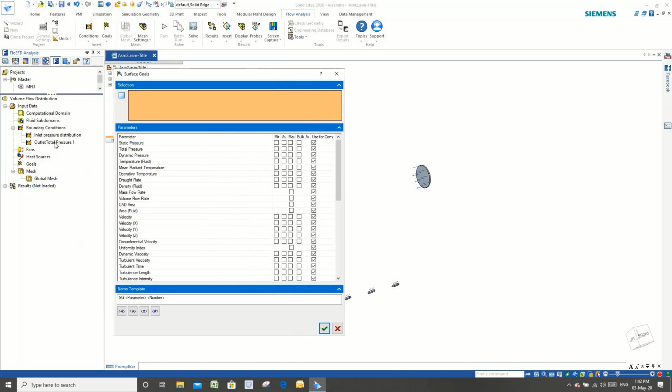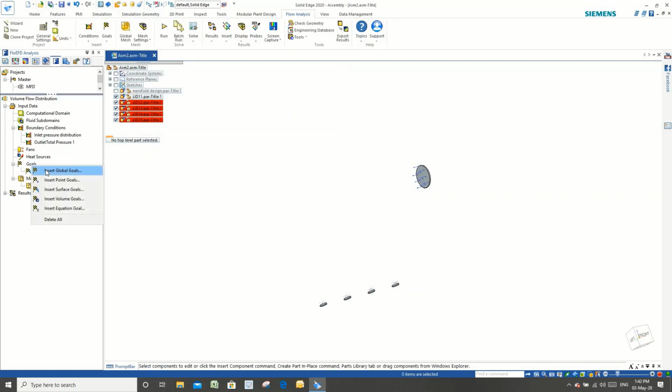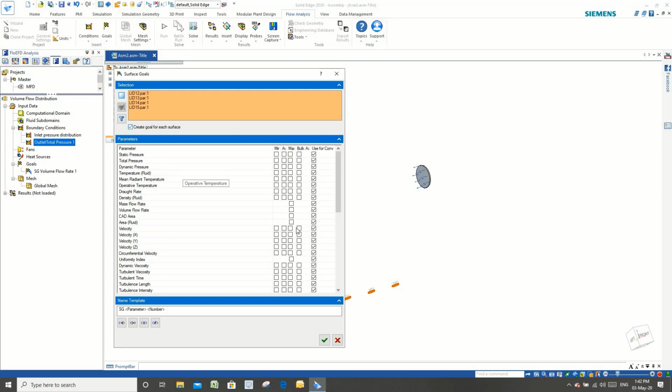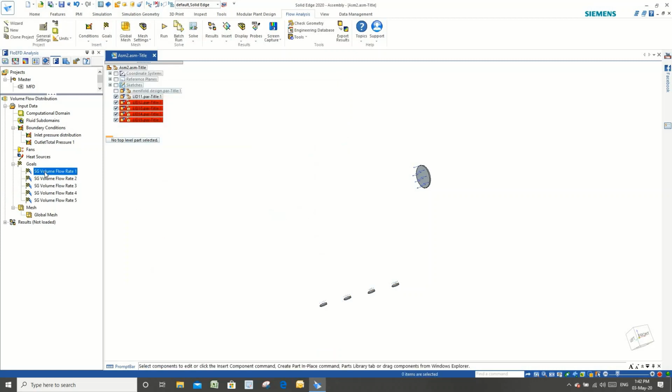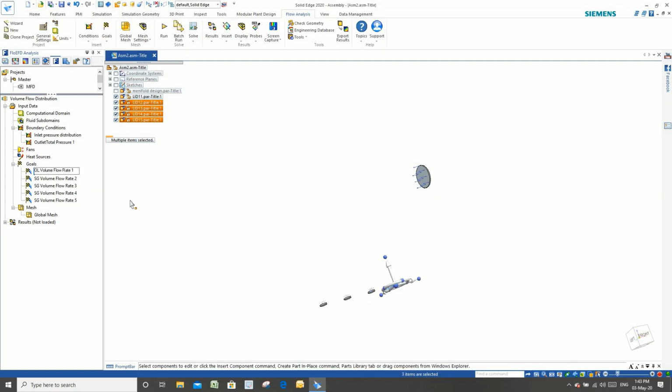We have different kind of goals like surface goal, volume goal, point goal, or equation goal. So here I'm applying the volume flow rate on all the faces. So it will take all the faces and sum the volume flow rate. Now I'm applying the volume flow rate on the individual faces by clicking on create goal for each surfaces, and now it will break down all the faces and it will create individual volume flow rate goals on all the faces. I'm changing it to make it clear in future references. So that is OL means outlet,